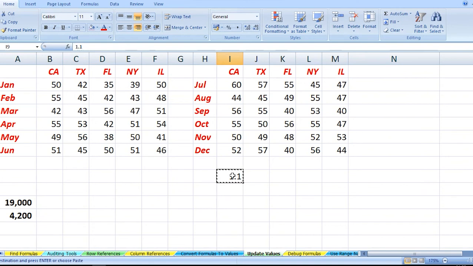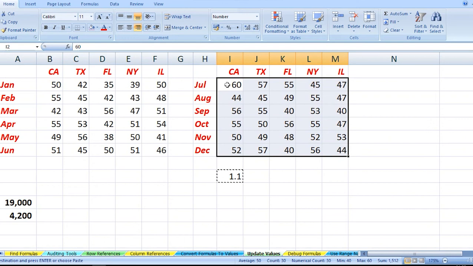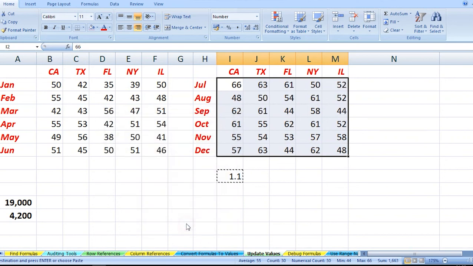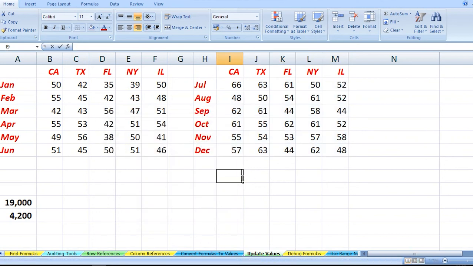What I suggest is to write 1.1 or the selected value over here, copy it, select the cell range in which you would like to perform the operation, Ctrl Alt V for paste special, click on multiply and click on OK. We are having our updated values over here.